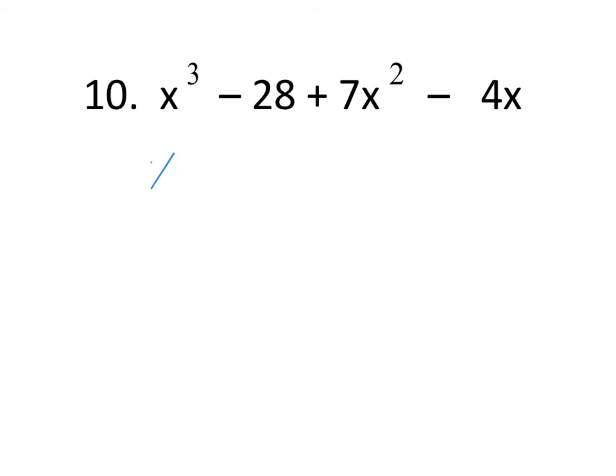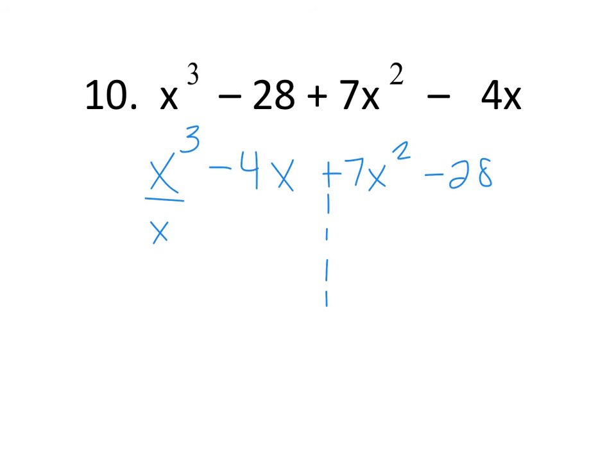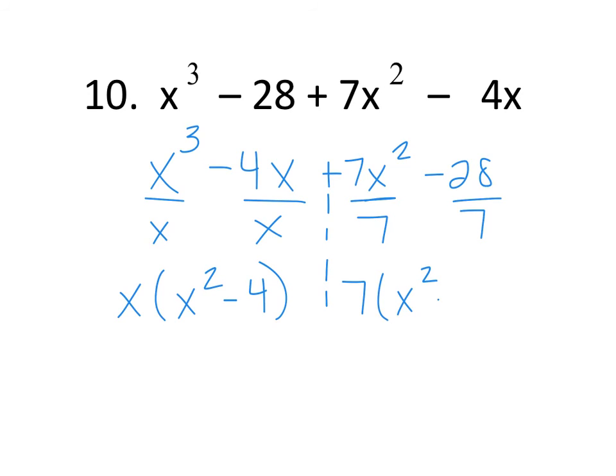I'm going to switch the second term with the last term. Okay, this will split down the middle. I'll divide by x. That'll pull out and you'll be left with x squared minus 4. That means I want x squared minus 4 over here, so I'll divide by 7, because that's your GCF. And that will make me have x squared minus 4 as my binomial GCF. That's a positive we pulled out. So x plus 7,